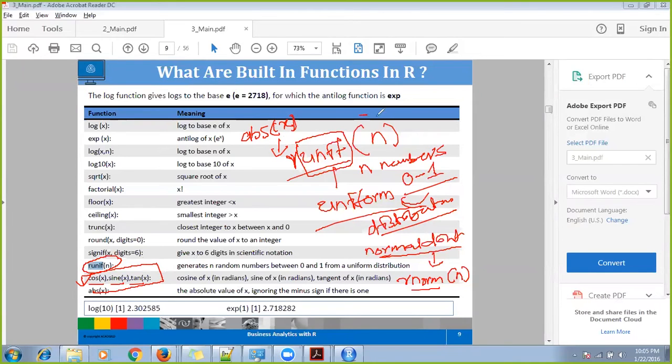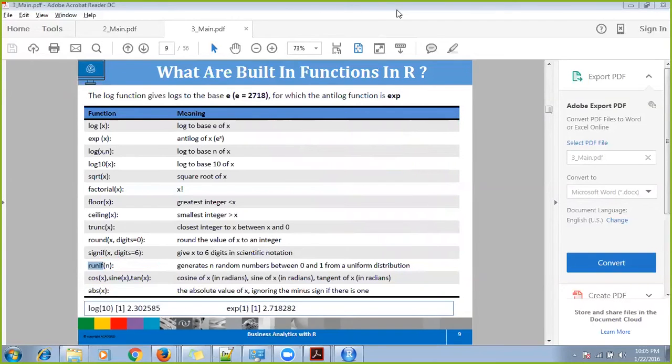So ABS of minus 5.7 will be 5.7, because it ignores the sign and makes the number positive. Okay, this is all about some functions. It's not the complete exhaustive list, but some functions to start with. Don't worry, go and practice on those functions. It's very simple. Just define a number and start practicing on it, and you'll realize what each function does. Okay, let's proceed. Running short of time.